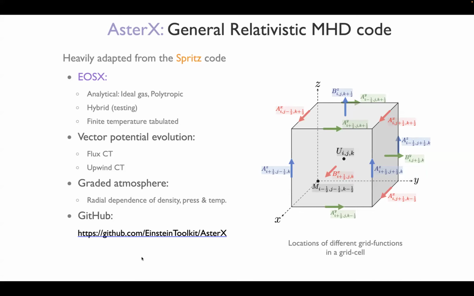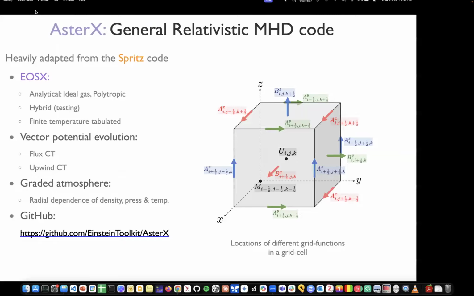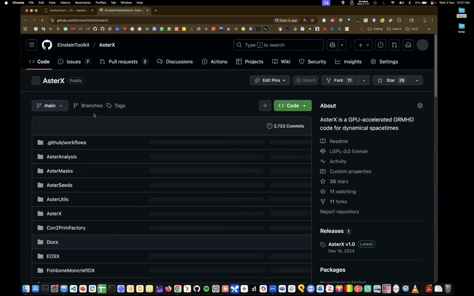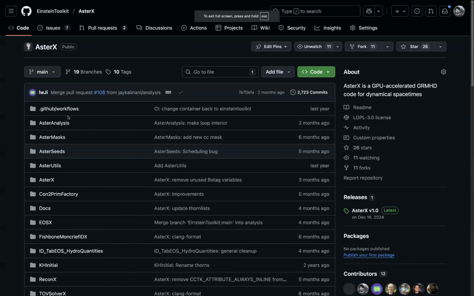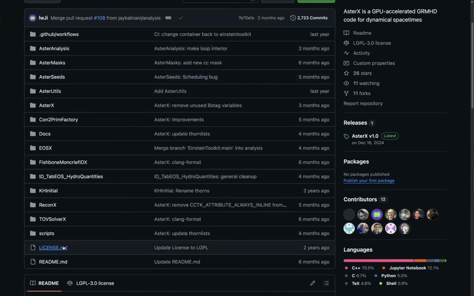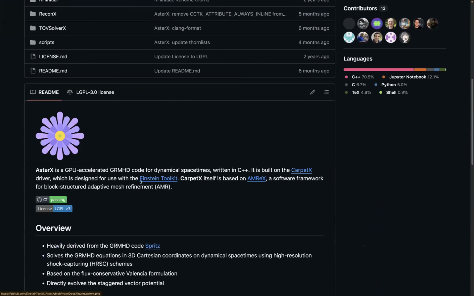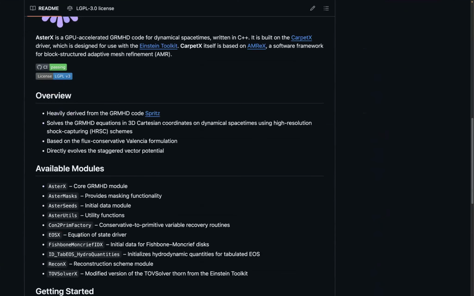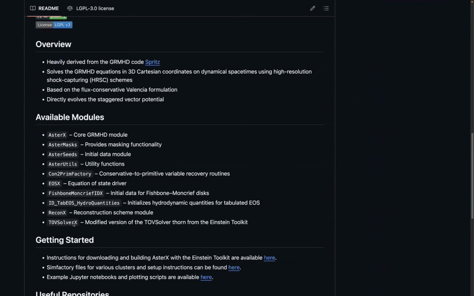And finally, the development of AsterX is also all public, and you can even check out the Git repository. So let me try to see if I can open this. So as you might see, this is the GitHub repository for AsterX, and you have all these different modules that I talked about. And then there is some information about an overview, what the available modules are, what functionality they provide,